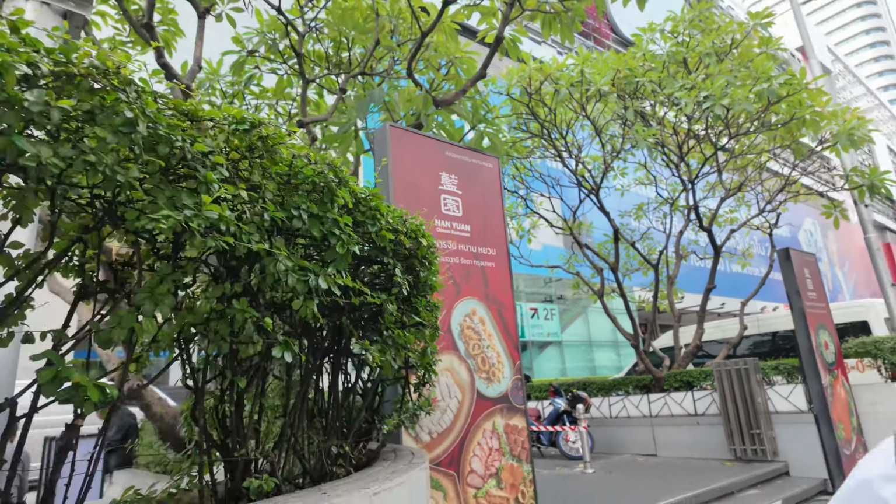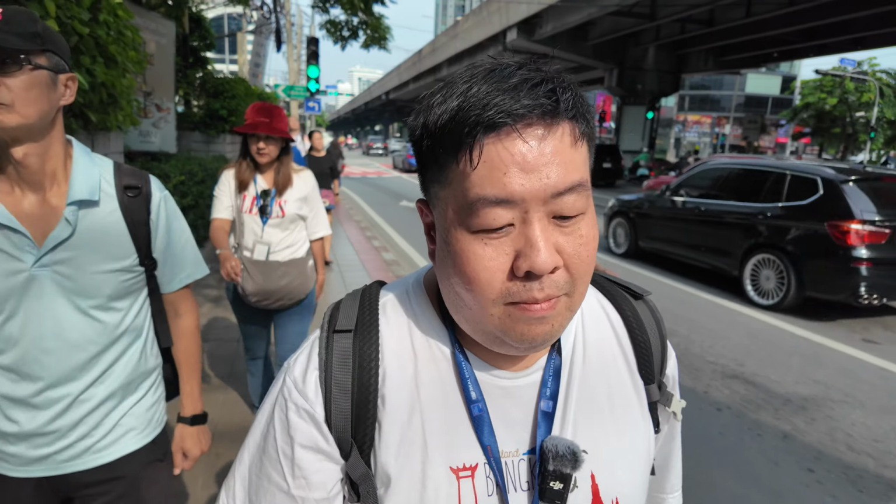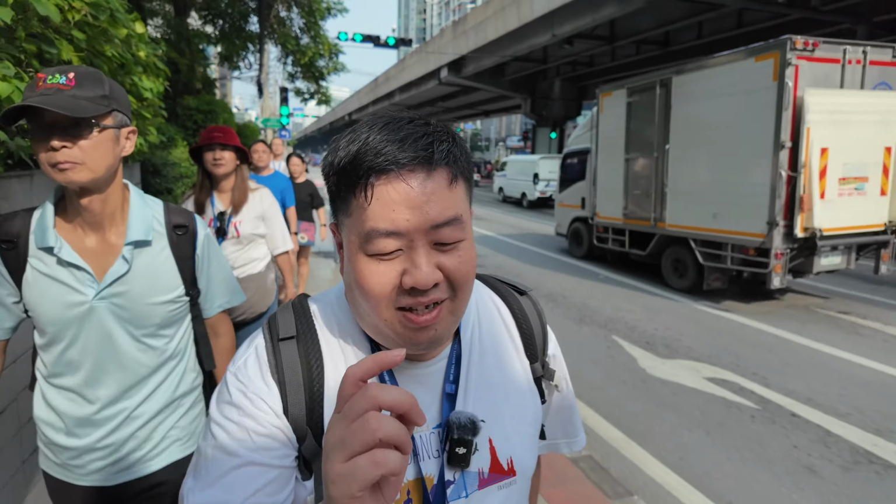Right now we are walking to the brand new project called New Epic Rama Nai. You mentioned there are a lot of projects going on around here. Would it be blocked by other high-rise buildings? Very good question. Because this New Epic is located in another part of Rama Nai, in fact within the local community,